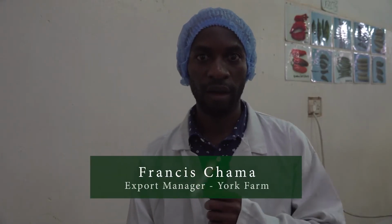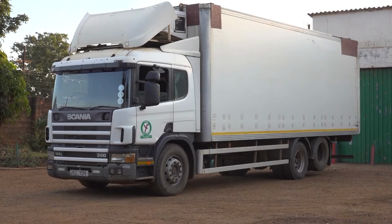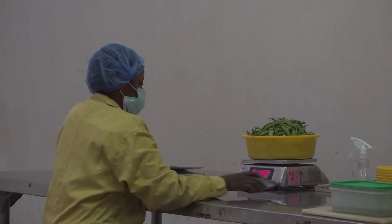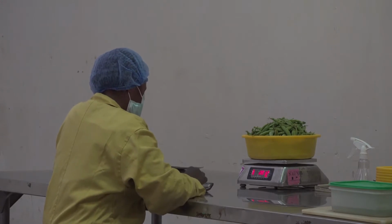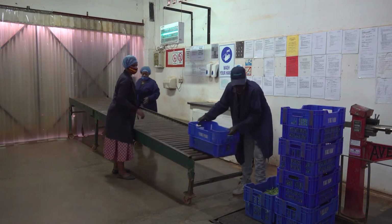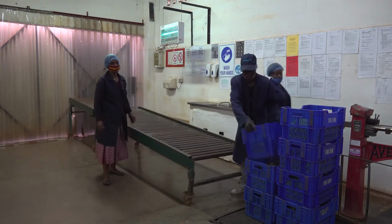The process of receiving peas here at York Farm begins at intake. At intake, what we do when the product comes from the farm, it is weighed through the scale, and then from there, random samples are picked by the QCs who bring them to the assessment table. At the assessment table there, the main